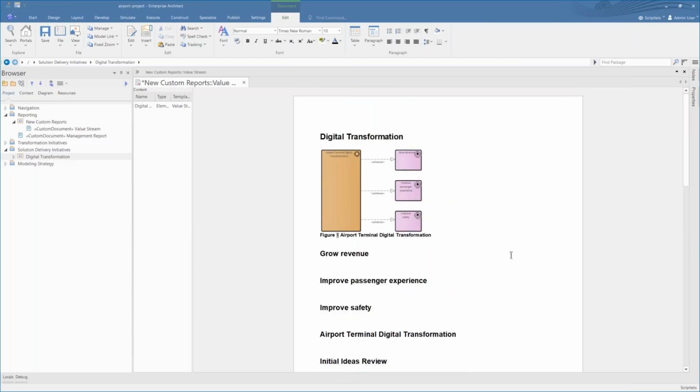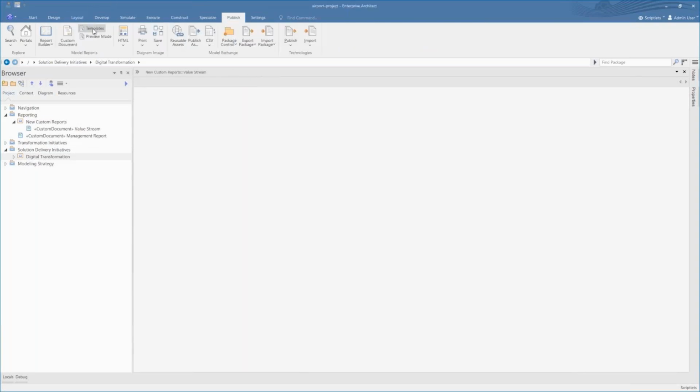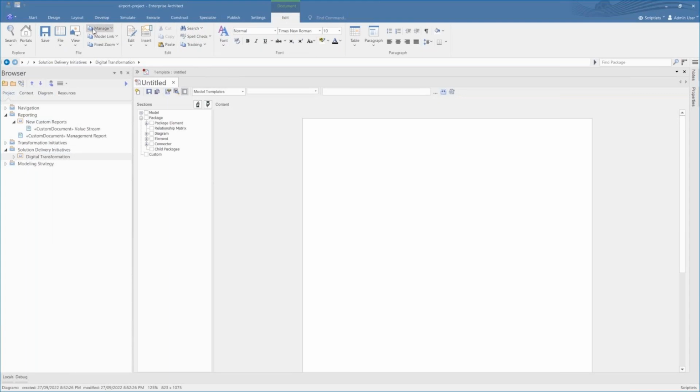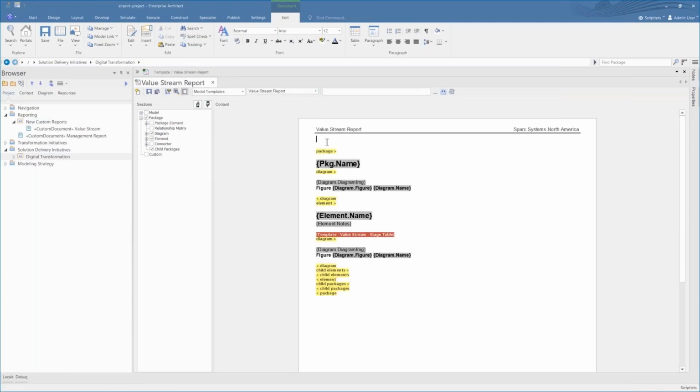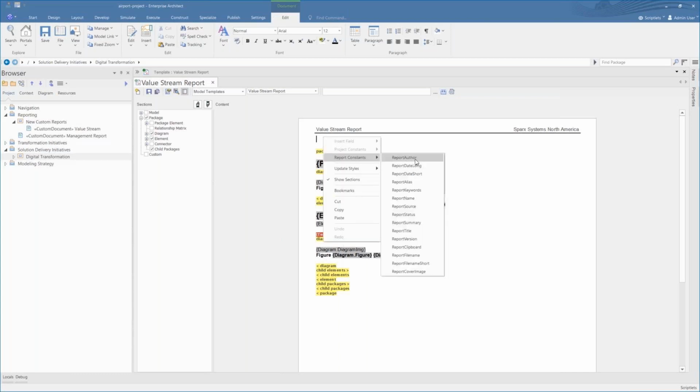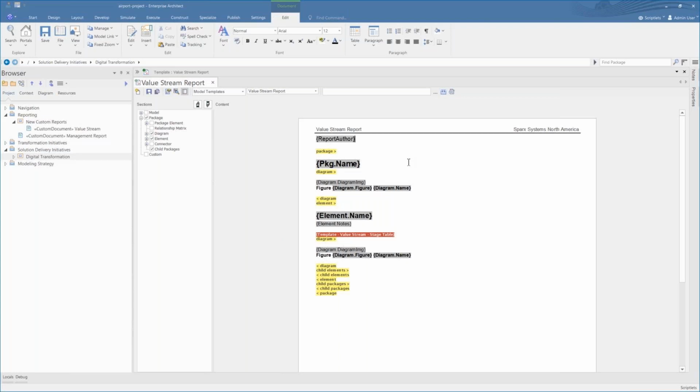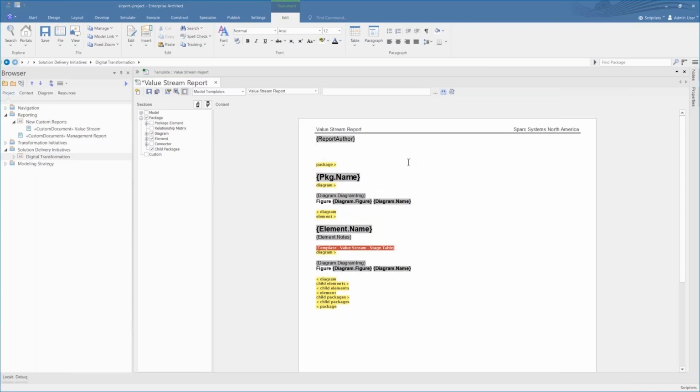But let's say I want to now go and update this report and create my own custom report so that the report always includes a logo, for example. So I'm going to bring up my template, and I'm going to insert a report author. Okay, so that will now appear on every report.